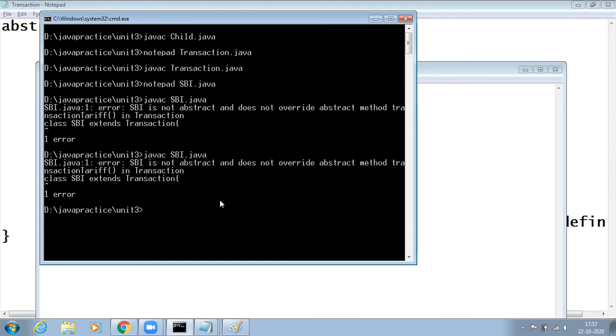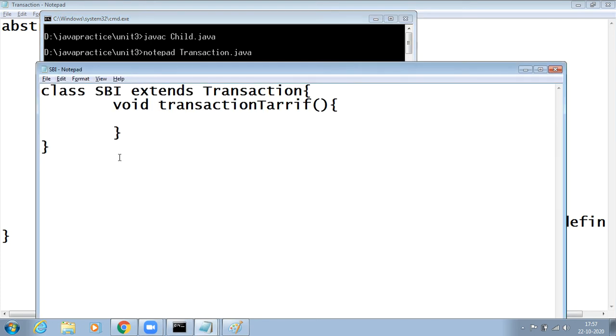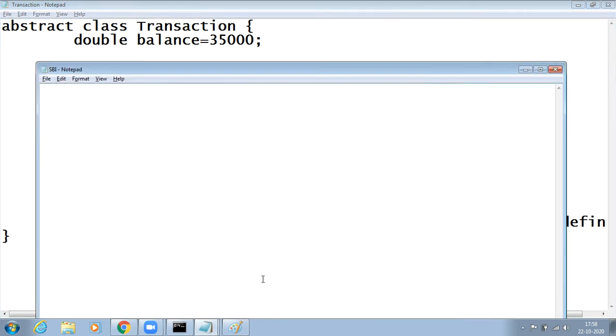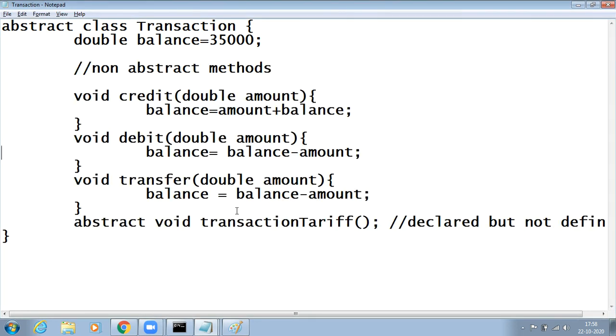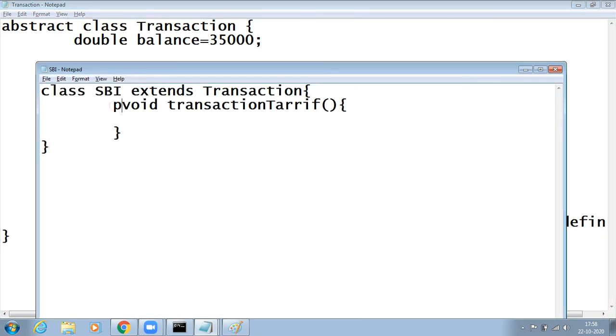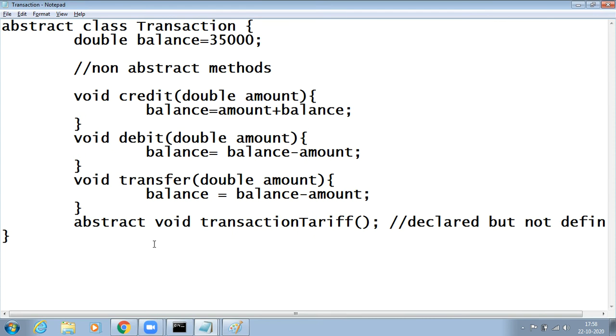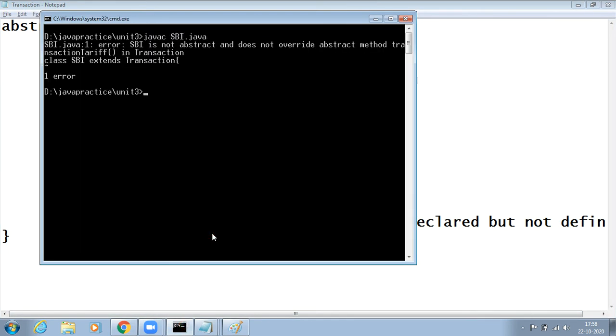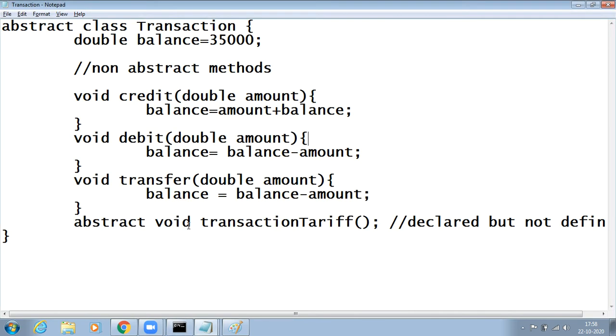See, oh sorry, what have I written, did I write any spelling wrong? Let me see the transaction tariff. Okay, generally the mistake is all about here. I have to keep the public keyword here. Public, I think. Generally, whenever you create an abstract class, always create it as public.